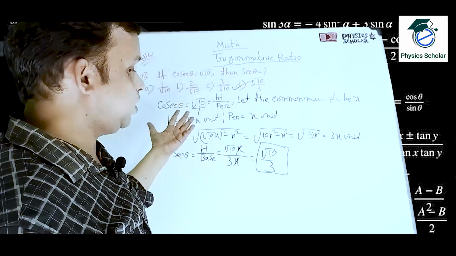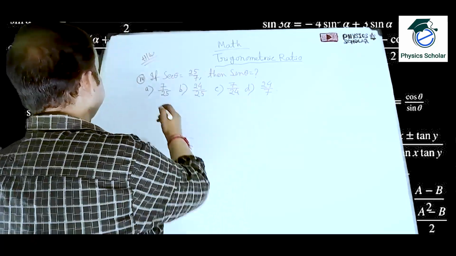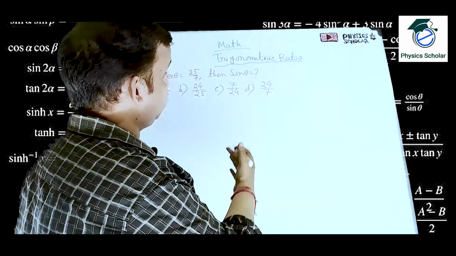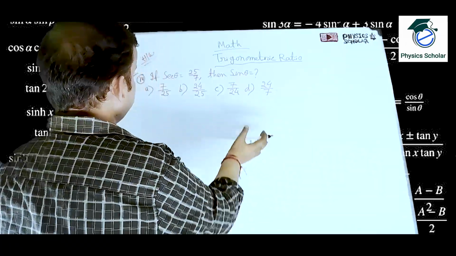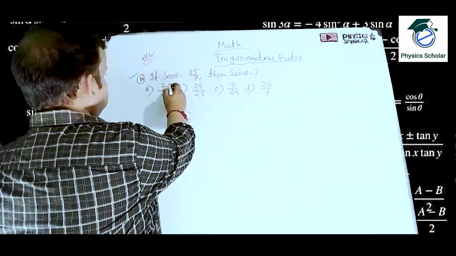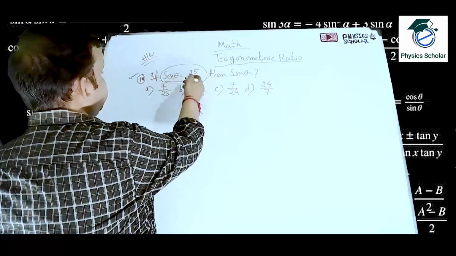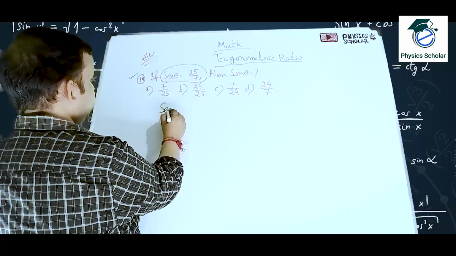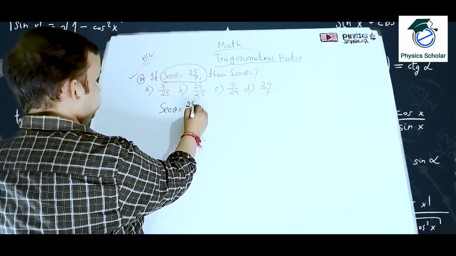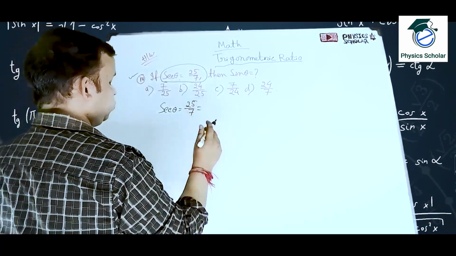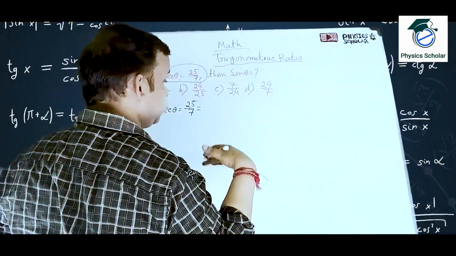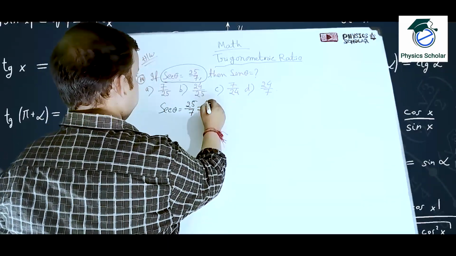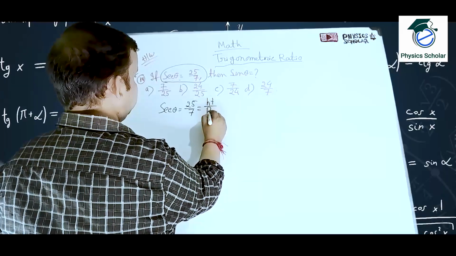So very easy sum. So hope you understand this. So let us move to the next one. So students, let us now move to sum number 4. It was also given as your homework. So similar type of sums. Only the calculation will be different and the ratio will be different. So it is given here sec theta. So sec theta is equal to 25 by 7. What is sec theta? Reciprocal of, yes, reciprocal of cos. So that means what? It will be hypotenuse by base.